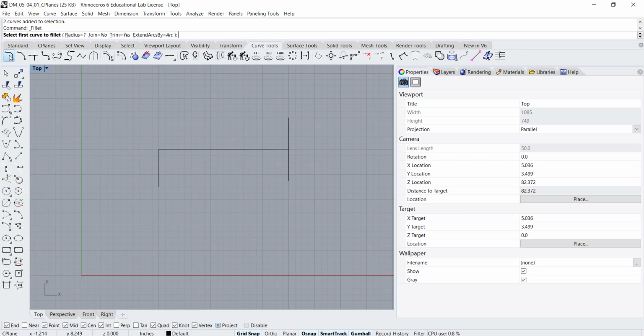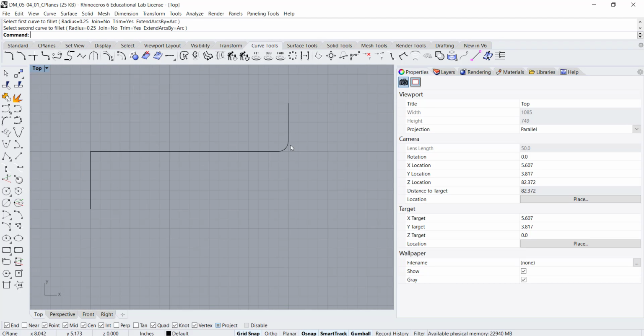So when we fillet curves, we're creating corners, but this time with a rounded corner or a curve that's defined with a radius. So let's say our radius is, in this case, 1/4 of an inch. I'm going to select my first curve to fillet, my second curve to fillet, and if I zoom in here,